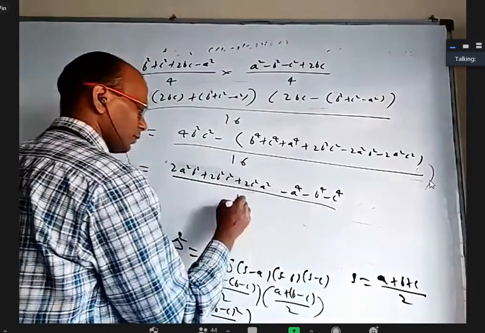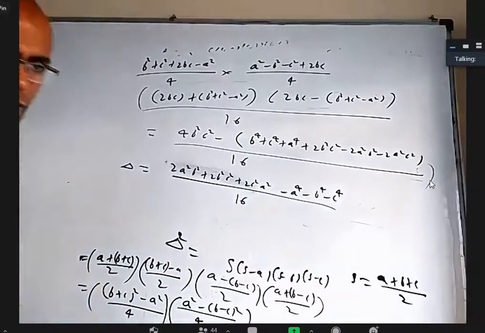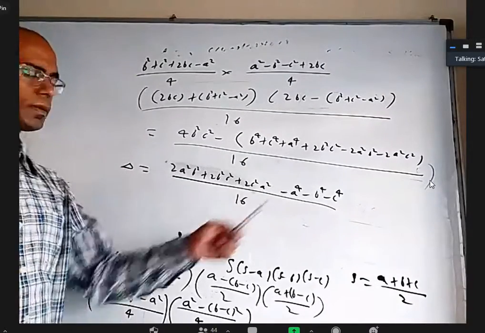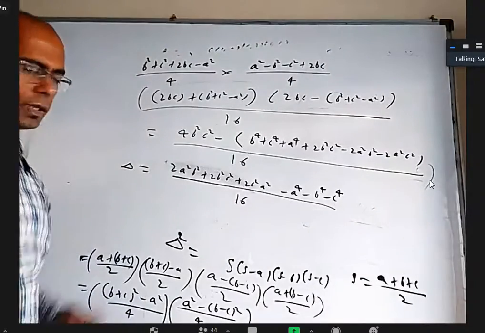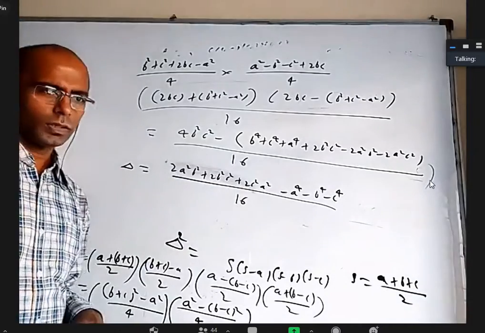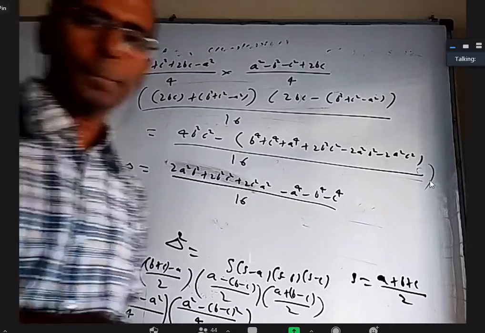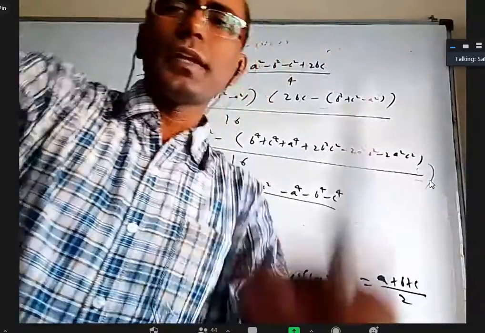By 16. This is also Heron's formula in another way. If you know ABC values, just substitute the numbers, it will come. But we don't use this way. One may say, why are you taking so much time to explain all these things? Just to give an idea, an alternative method, but I'm saying don't use it.